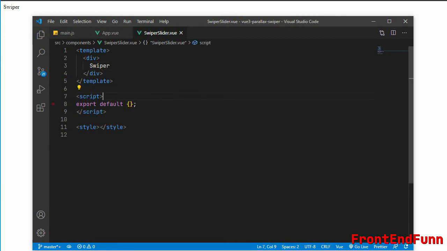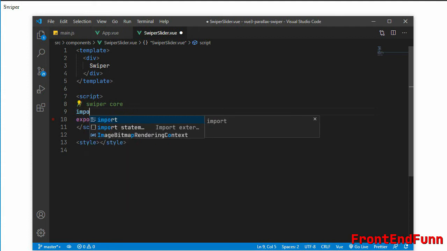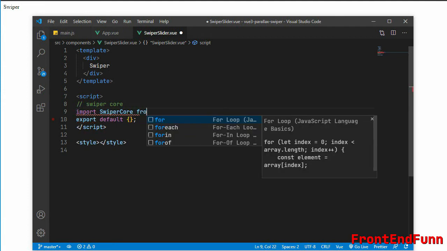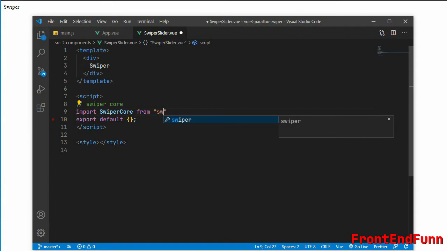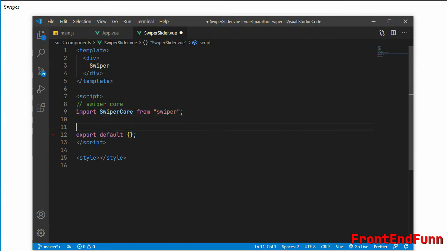Inside the script, first we need to import the Swiper core. This is the core library. So import SwiperCore from swiper. We need to install Swiper Vue to work with Vue.js, so import from swiper/vue.